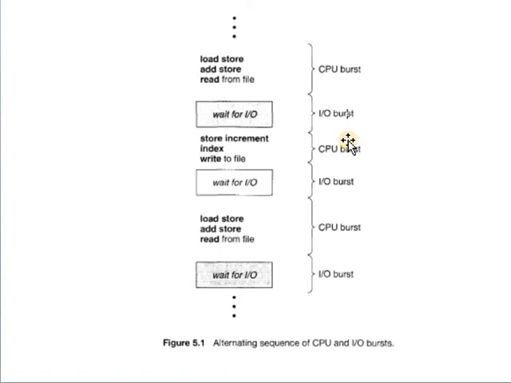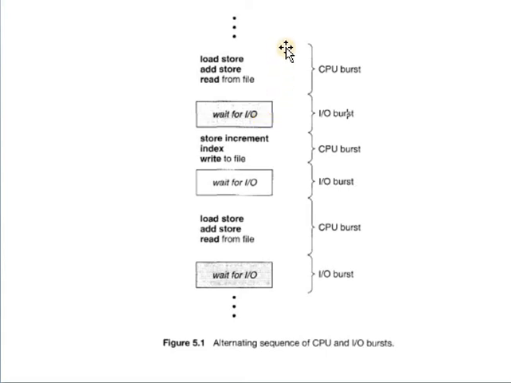In short, there are two states while the process is executed in a CPU, that is a CPU burst and I/O burst. CPU burst is a duration in which a process gets control over the CPU, and the I/O burst is whenever a process performs any input output operation, at that time the process is going to be in an I/O burst or waiting for an I/O state.